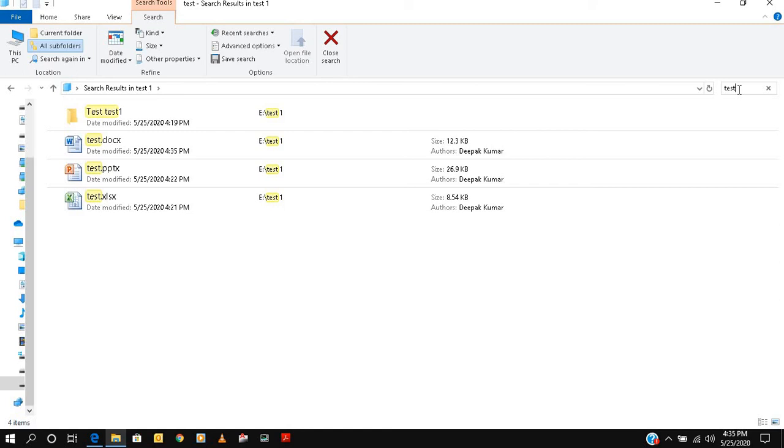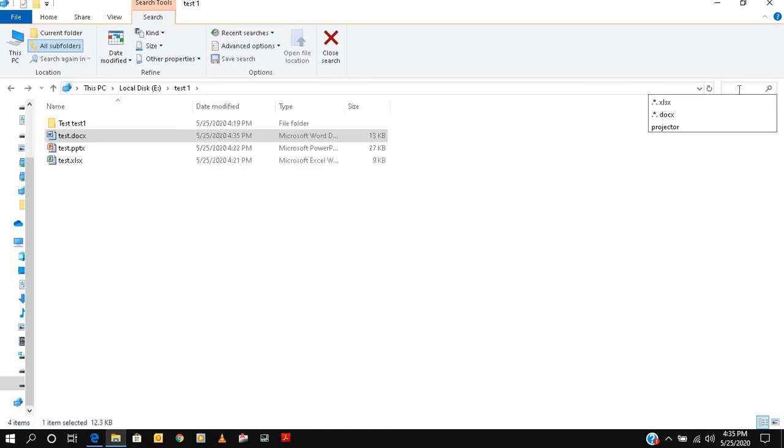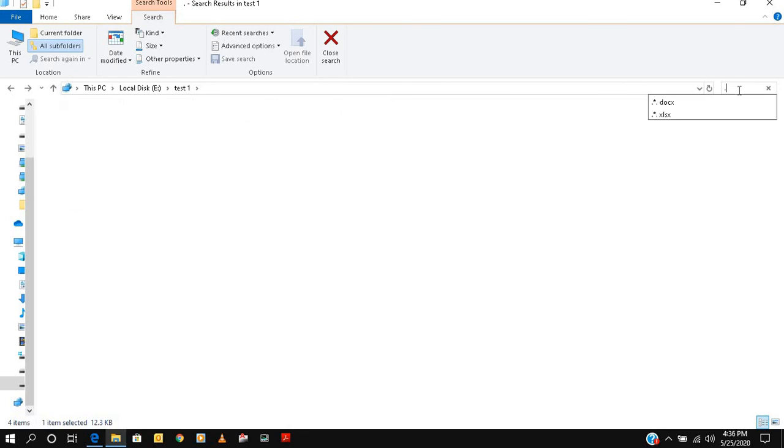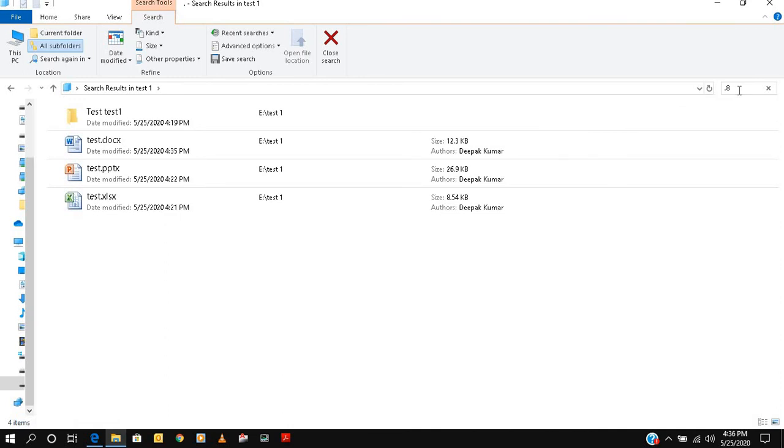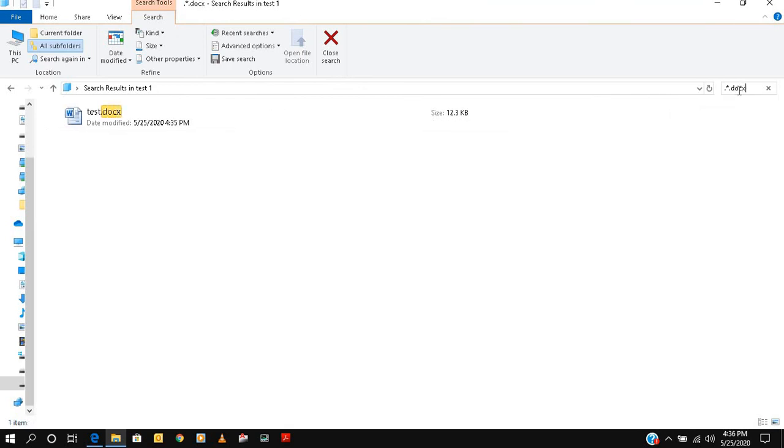If we come to know it's a Word file, we can put the command star dot docx. If you see, the result will only show that particular file type.